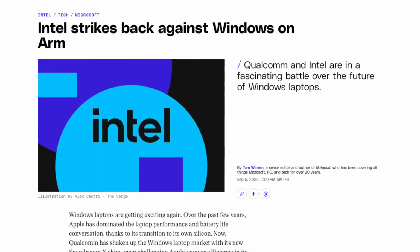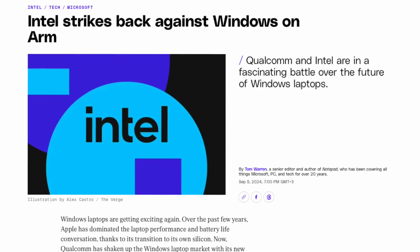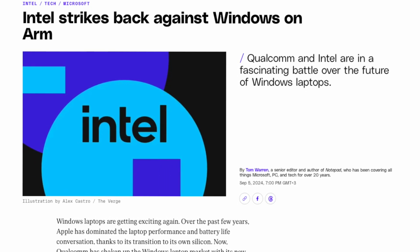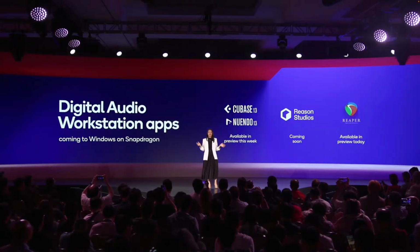They were supposed to compete with Apple's M chips in terms of power and efficiency, but actually none of the DAWs work on them, and things don't really look too good for them considering AMD and Intel's latest chips seem to match them for power and battery life, with the major advantage that you can run any Windows application on them, including all DAWs. So it seems Qualcomm is really pushing for this to change, and app support on Snapdragon